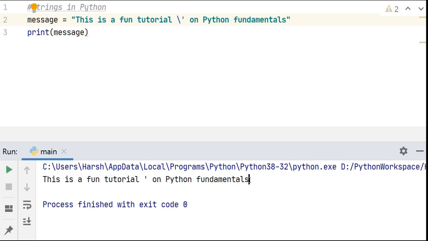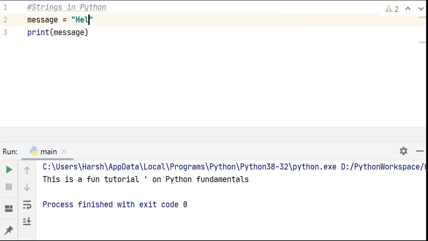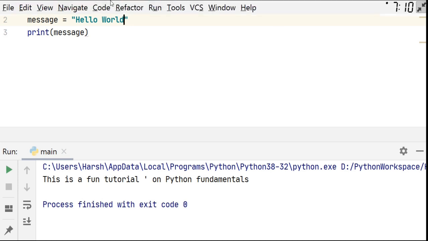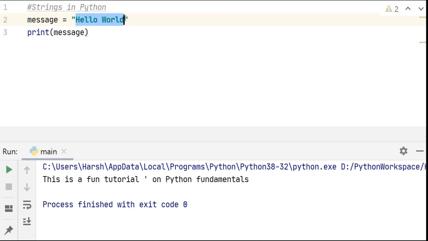Now let's move on to the next topic, which is slicing. Slicing is used to access characters from a string. So let's consider the same message variable which says hello world. Hello world is a simple string, so it would be easier for us to learn. To fetch a part of the string, you just need to specify the start and end of the part. The position of a character inside a string is called an index.